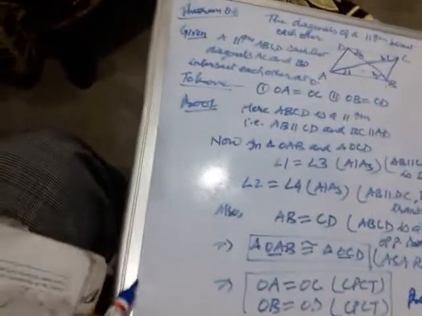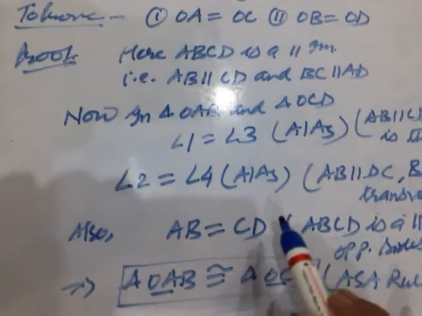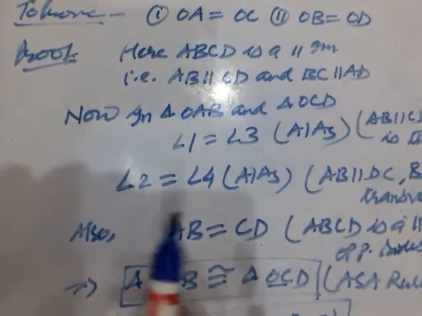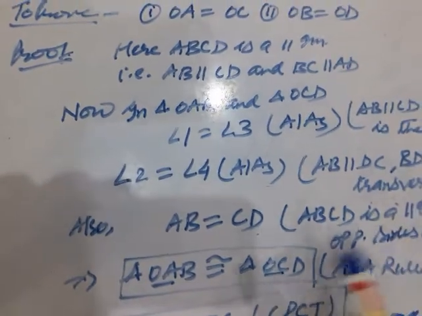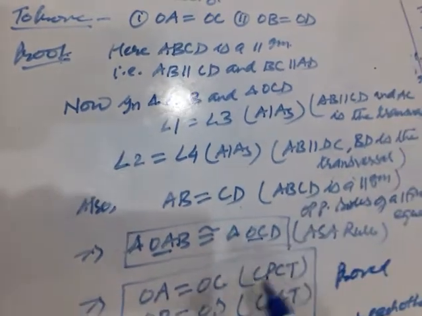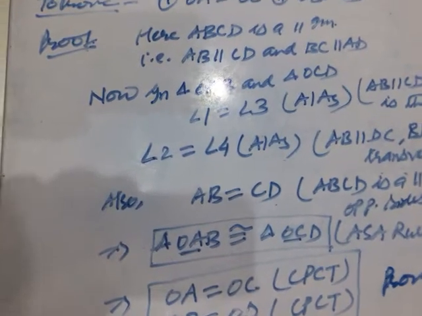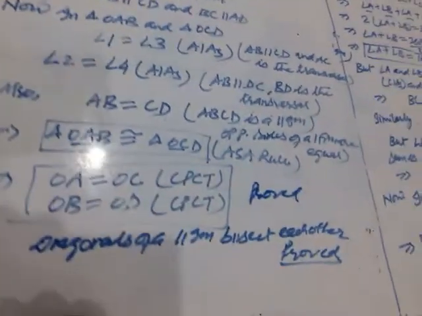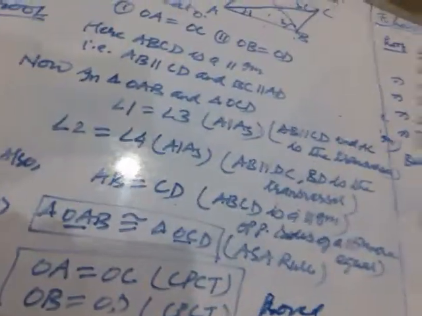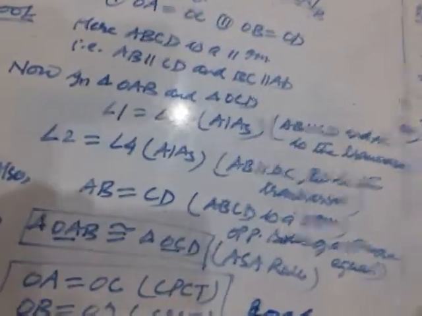Okay, children. This was a very nice question. Here, see, don't commit mistake. I would like to remind you once again that there is no existence of triple A congruence rule, where if all the three angles of one triangle are equal to the corresponding three angles of another triangle, even then it is not always necessary that the triangles are congruent. So don't try it. Clear? And if it is done, then you correct it.